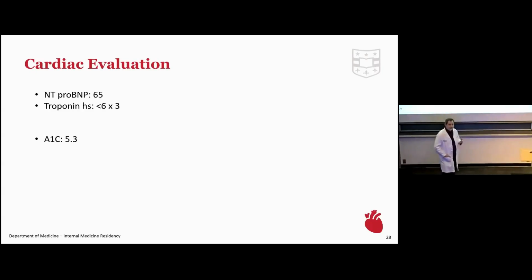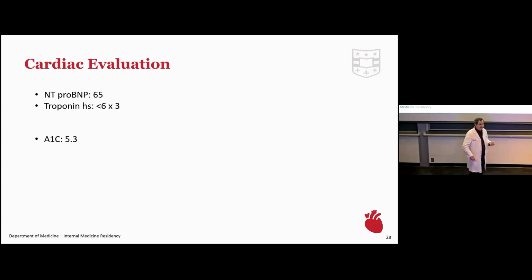So the NT-pro is not a perfect test, but it's a good test. And having a normal NT-pro really does have good negative predictive value for heart failure. NT-pro notably can go up in kidney disease and sepsis, and so there are other reasons it may be high, just to be aware of as you go through your training. Troponin really shows that we're not having any active myonecrosis. There's no active myocardial death. It does not necessarily mean the patient doesn't have an obstruction if it's not causing myocardial necrosis. And then her A1C is pretty normal, so we can take type 1 diabetes off the table. That's right. I will go ahead and give you an EKG next.